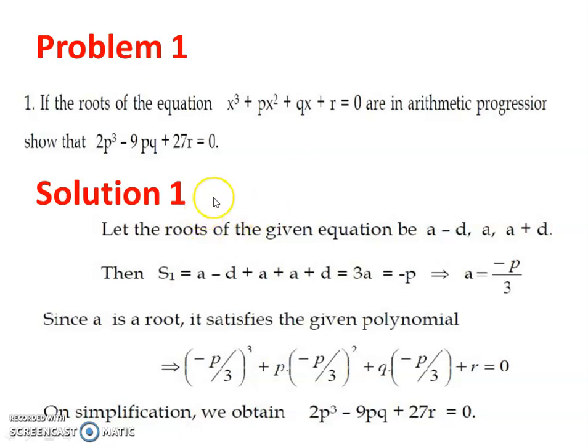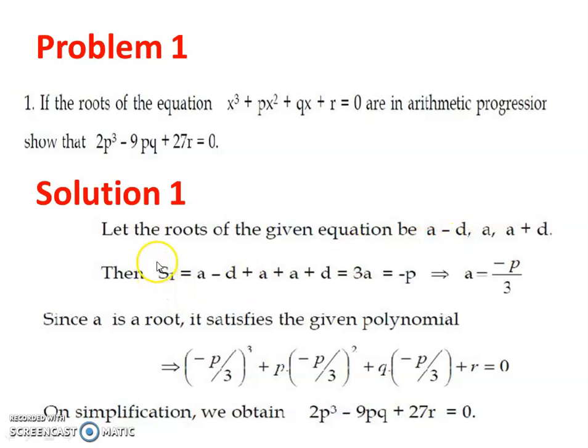Now for that one, suppose the roots of the polynomial equation are a minus d, a, a plus d. Here we are taking the roots in this format because it is given that the roots are in the arithmetic progression. Therefore these three terms are in arithmetic progression with a common difference d. Then